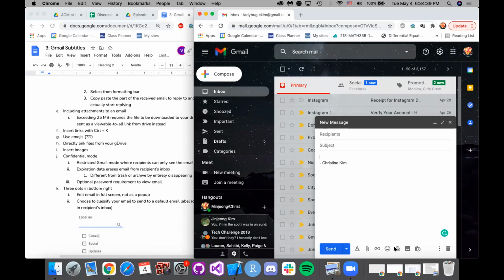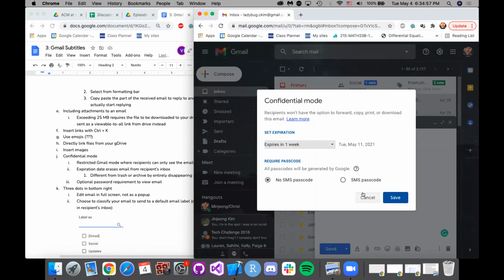Okay, and you can also directly link files from your Google Drive. So attaching files would be from your computer. Inserting files using Drive is just something that you can do directly from your Google Drive. You can also insert photos, and confidential mode is basically just, okay, turning it on lets you know that the